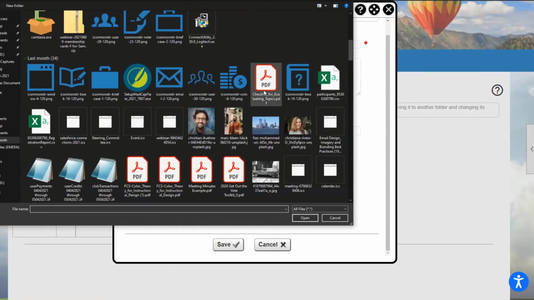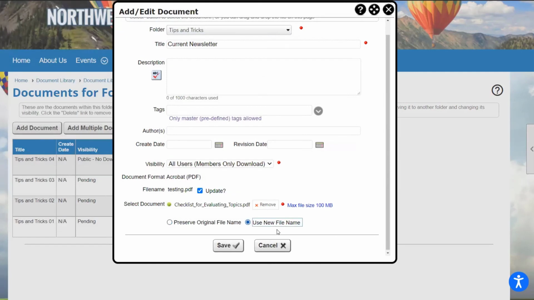So you're uploading it twice. One is a new item, a new document, and the other is just updating this document that you've called current newsletter. And that current newsletter is the one that gets put on the menu, so that you don't have to keep changing it every time you upload a new document. So that's a really handy thing to know, that you can actually change the content of a document in the